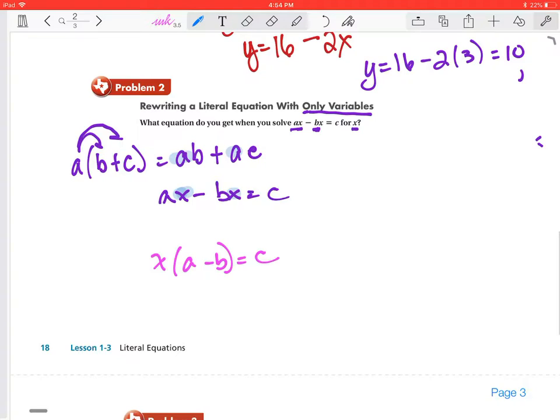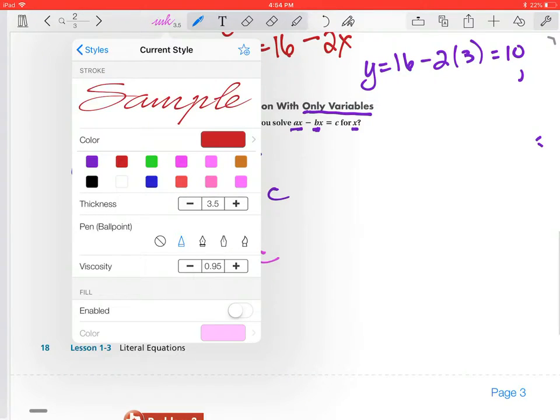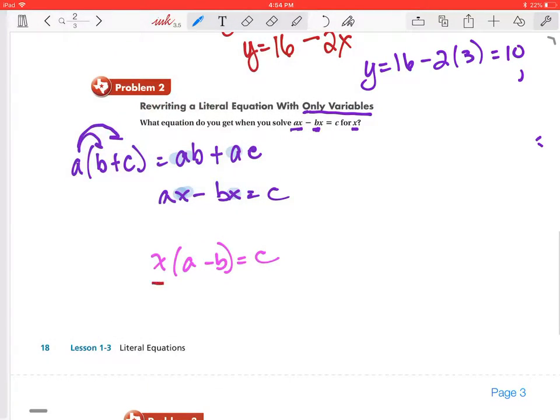So now I'm not done yet because, in order for us to solve for that specific variable, that variable needs to be by itself. Now I can divide by x. Or better yet, that's going to make my life easier, I know that this term here, a minus b, is like saying, let's say x is a and a minus b is b. So that's a times b. Remember, those two, I can do in either order, and I can separate them however I want them to be. So if I divide